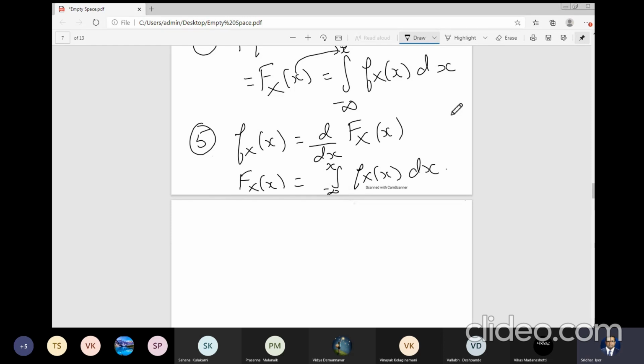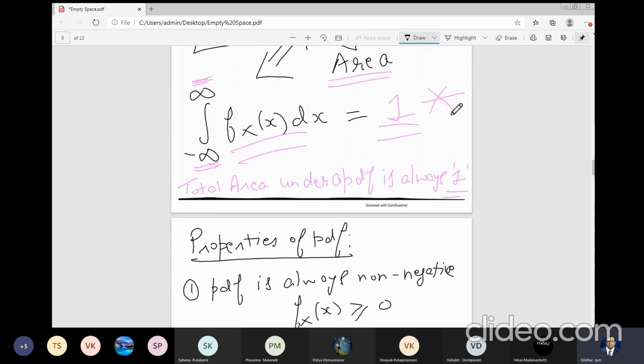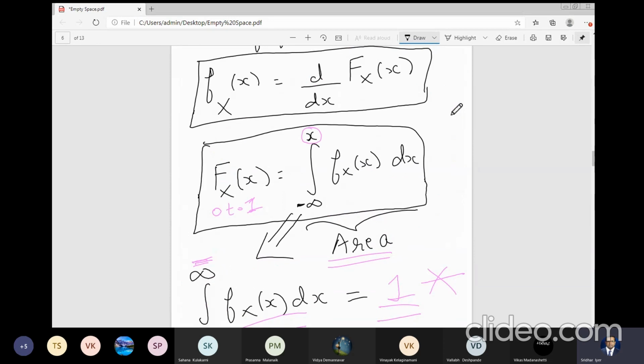These values can be found very easily by using the probability density function. So we are going to see how we can find these values using the probability density function. What I would urge you to do is just go back and see whatever we have done in this lecture. Tomorrow's lecture we are going to solve numericals based on the probability density function, and then we'll also be looking at